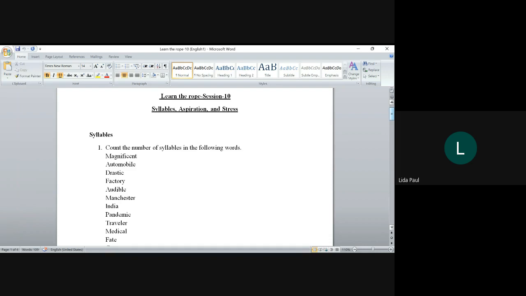Because the number of vowel sounds is directly related to the total number of syllables in the word. Okay. So the total number of vowel sounds in a word is what decides the total number of syllables in a word. Okay, there are more things that we can discuss about it, like where to break and all that,